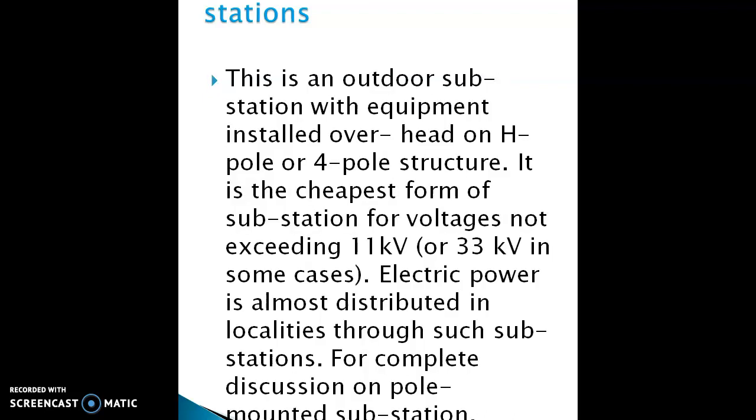Next, pole mounted substations. This is an outdoor substation with equipment installed overhead on a pole or 4-pole structure. It is the cheapest form of substation for voltages not exceeding 11 kV, or 33 kV in some cases. The electric power is mostly distributed in localities through such substations. For complete discussion on pole mounted substations,